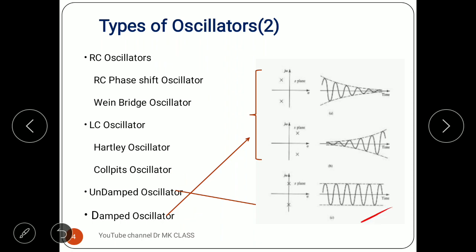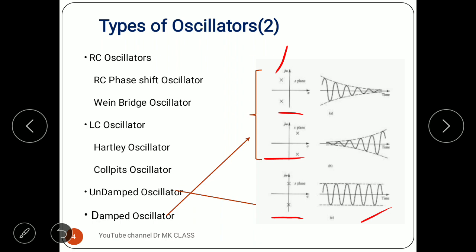To generate this one is not an easy thing actually, but only in this chapter we are studying how it works. These diagrams are called pole zero diagrams, which in a control system view we apply to design an oscillator. The X mark we call a pole, and the circular mark we call a zero. If you are aware of Laplace transform and the control system view, you can understand this one.